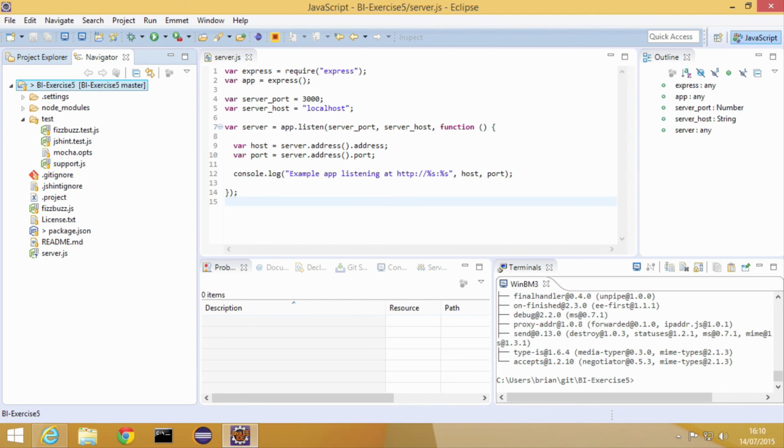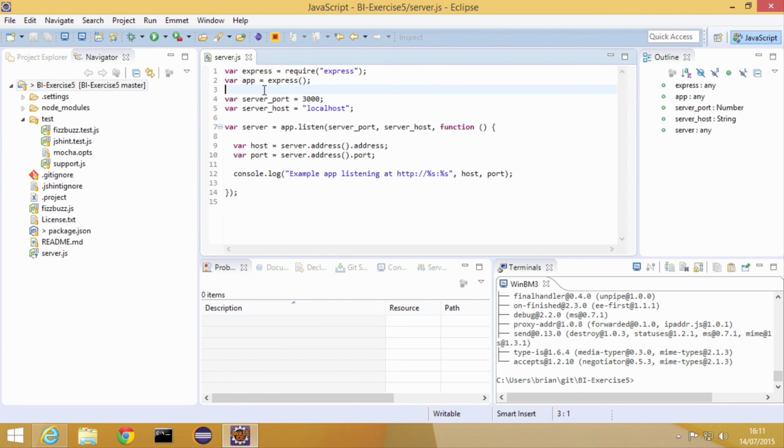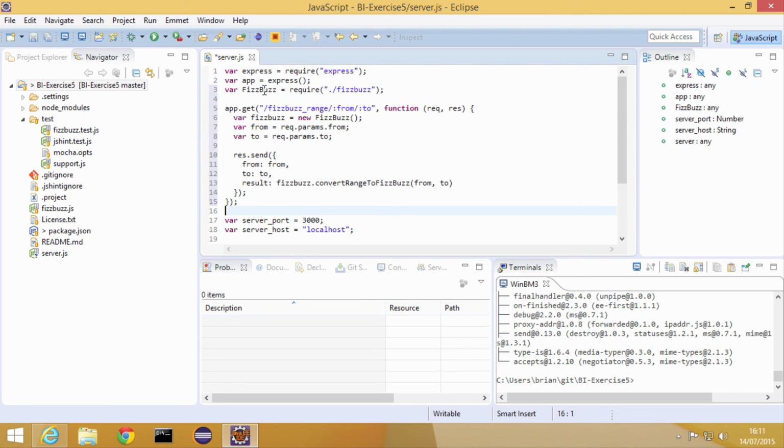So again, we can copy and paste the code that is in the example to add the implementation. So we're going to bring in our implementation of the FizzBuzz algorithm,